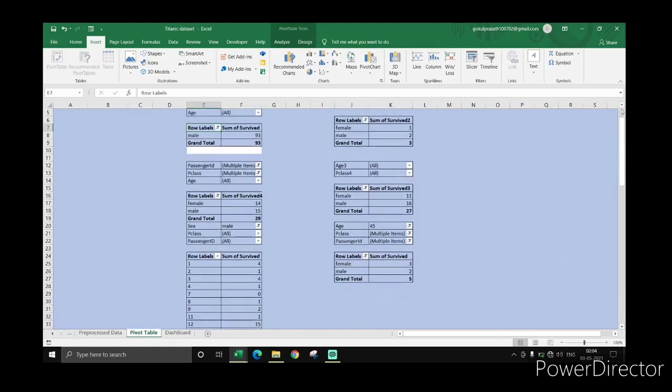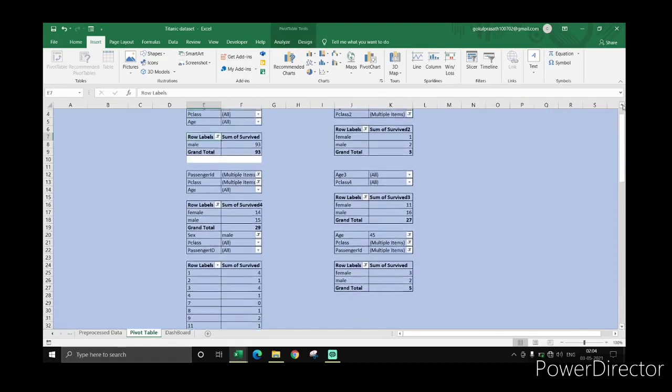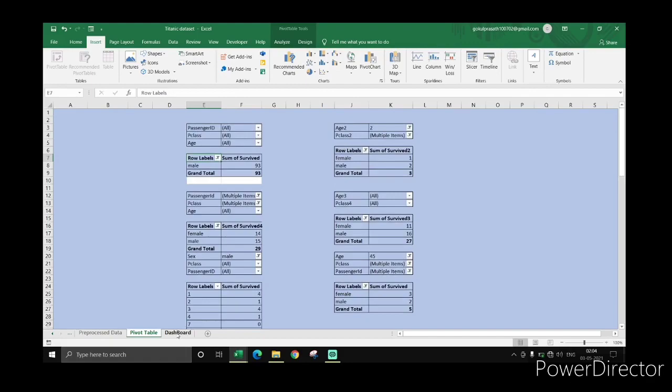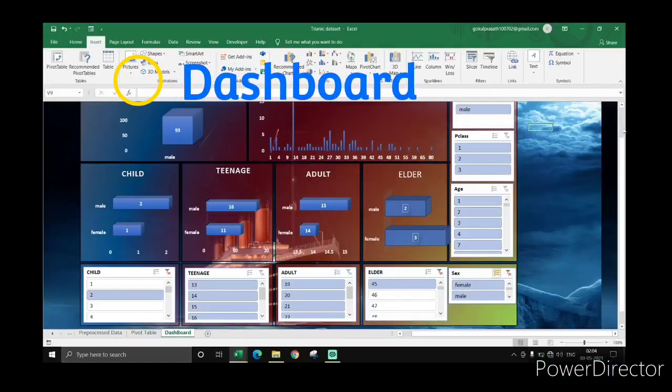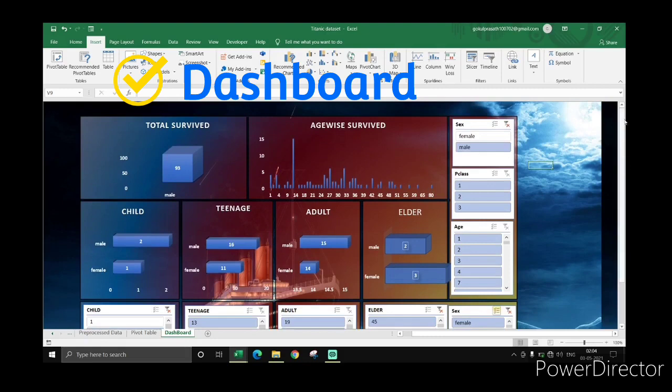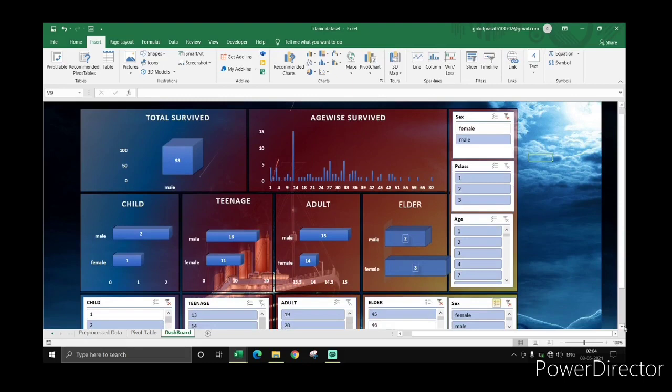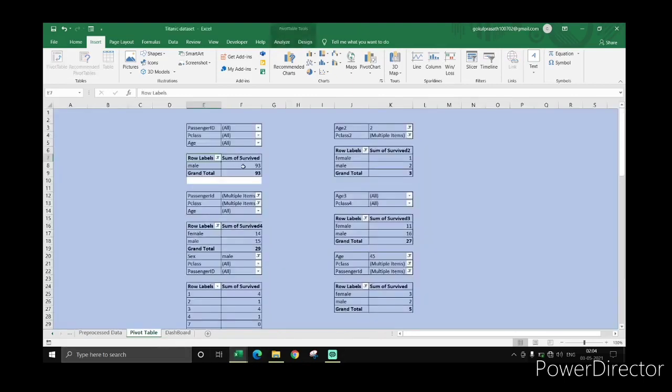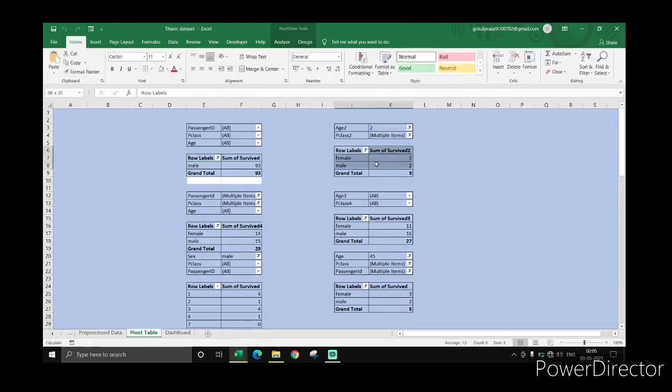After creating all these, we are moving on to the dashboard, which is the interesting part in our project. It's so colorful. Creating a dashboard is very easy. Using these pivot tables, we are creating charts.